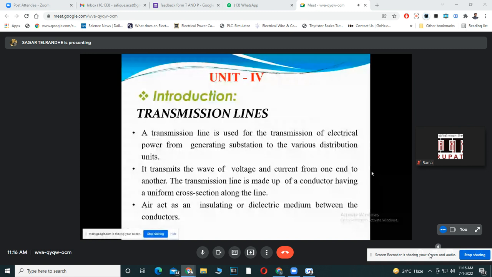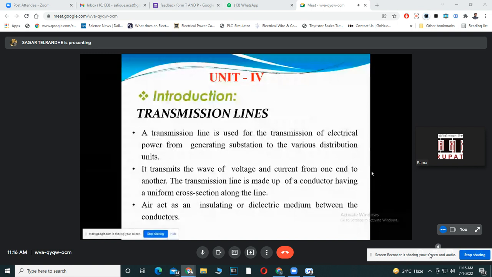The transmission line, we can consider that it consists of charged conductors. Then below the transmission line, we have air as a medium, or we can say a dielectric medium. And then again, we have another conducting material, which is earth. So in short, we have two conducting materials and a dielectric medium between them. This causes the formation of a capacitor that we have studied earlier in standard 12th.